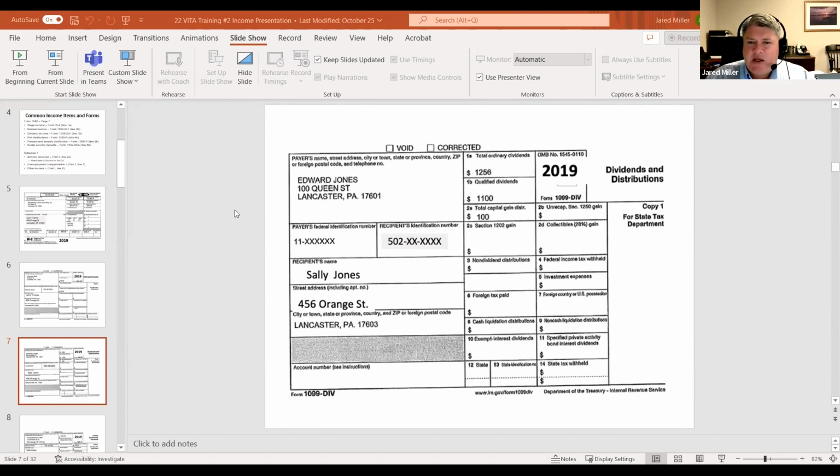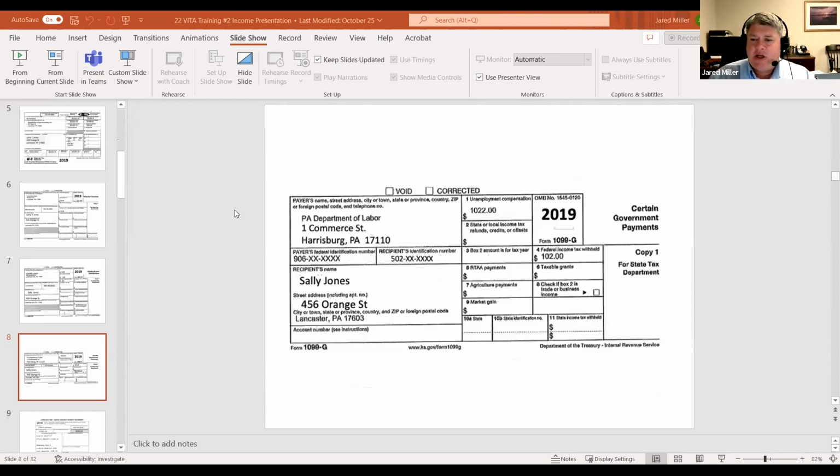All right. So taking a look at the next series that we have in the 1099 would be our 1099-G, which is going to stand for government payments. The predominant one we're going to have here would be our unemployment compensation. So again, what we'll do is we just enter this information into our tax software. Good news is once you get that payer's federal identification number in there, we should have someone that's already put in the Commonwealth of PA information.